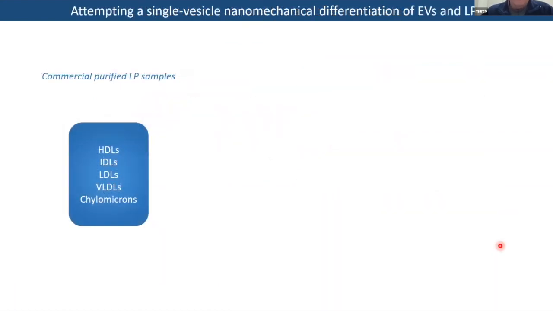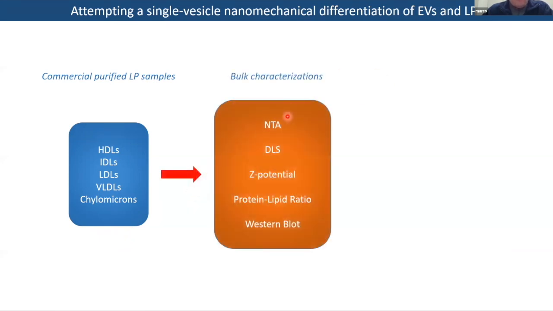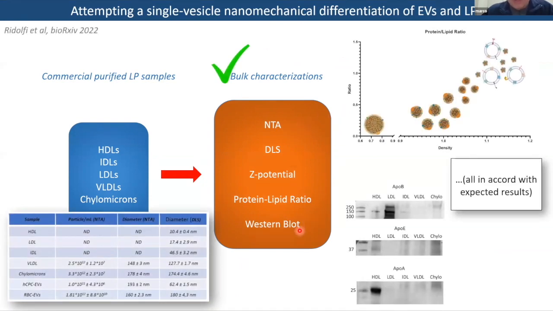So our reasoning was that, okay, perhaps we can use nanomechanics to differentiate between LPs. So what we did was to acquire a panel of different commercially purified LP samples. And first of all, we subjected them to a series of bulk characterizations. Our colleague Marina Kretic in Milan took care of all this, and I am afraid that I cannot really go into the detail of this, but